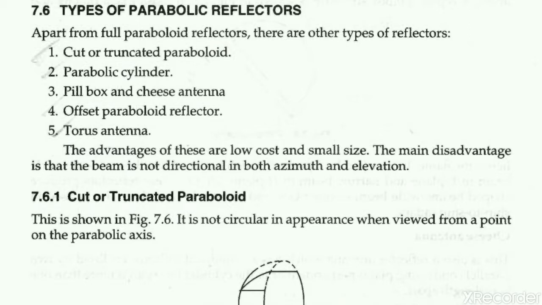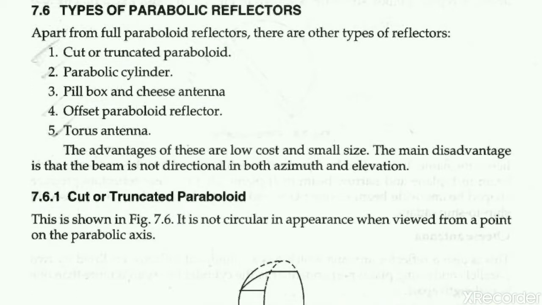But in the case of corner reflector and the plane reflector, the waves which are coming from the feed point or the focal point towards the reflector have spherical wavefront, and the waves which are reflecting from the reflector to the space also have spherical wavefront. So due to the spherical wavefront nature of the transmitted electromagnetic waves, it has poor directivity as compared to